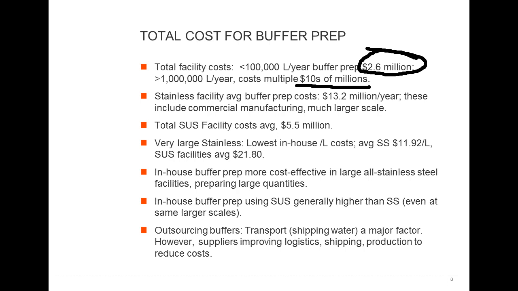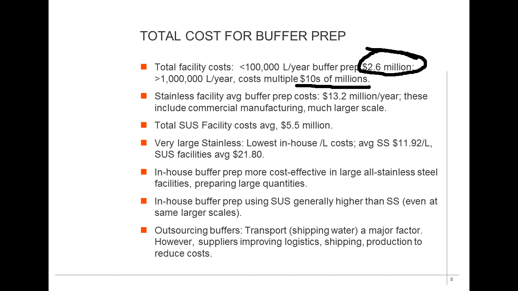In stainless facilities, the average buffer prep was about $13 million per year, but these included, of course, the large-scale facilities. The total single-use facility cost was more in the neighborhood of about $5.5 million